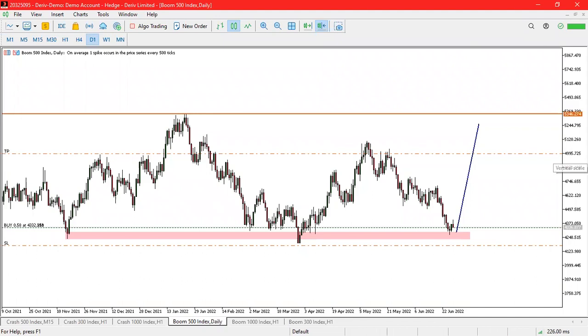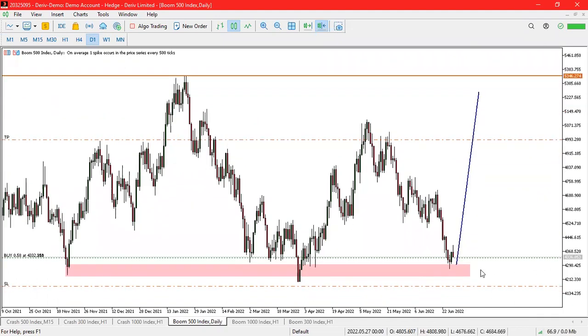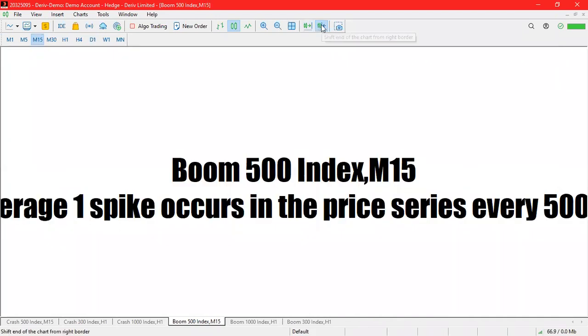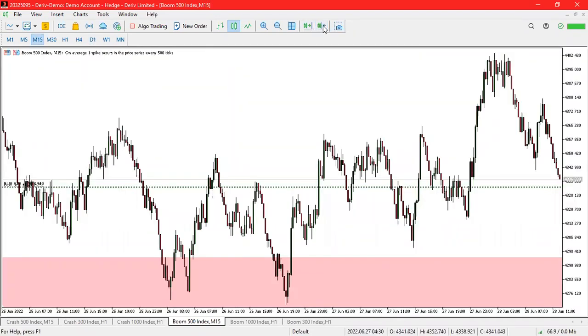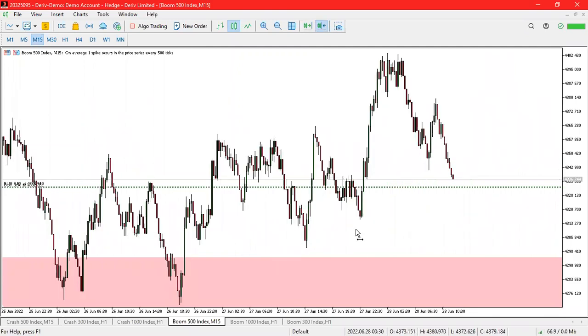I won't lie to you. I will show you something that it's not a wick. So you see, it pushed up. Let's go to a lower time frame. I want to show you that our Boom 500 was a nice profit, and then we got it somewhere around here. If I'm not mistaken, we got it around here, and then check what happened. It pushed up. It's just that we couldn't close the trade.